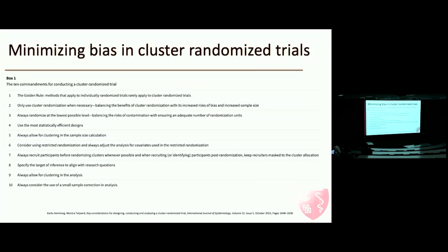So there are ways of minimizing bias in cluster randomized trial because essentially it's unblinded. The sites know which one is the control and which one is the intervention. There are some good data out there to show how to reduce bias in cluster randomized trial. The first and foremost being you should recruit sites which have equipoise, which are willing to randomize, because once they are randomized, they will know whether they're a control site or an intervention site. And then as we talked about, there is variability within sites, so how do you adjust for that in analysis? Those are important key considerations when you think about bias in cluster trials.